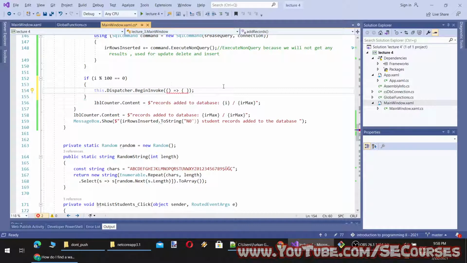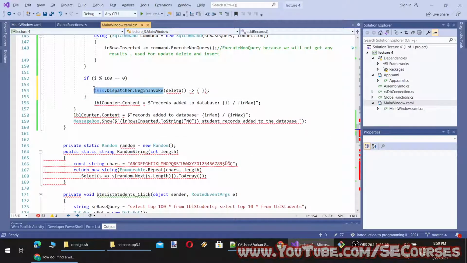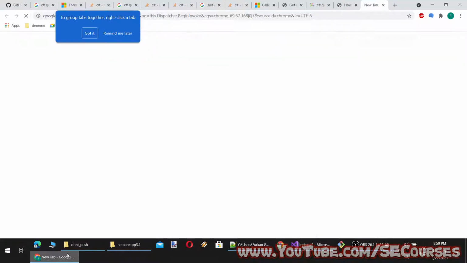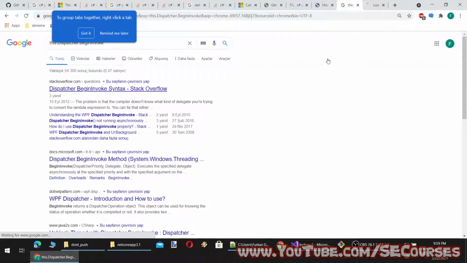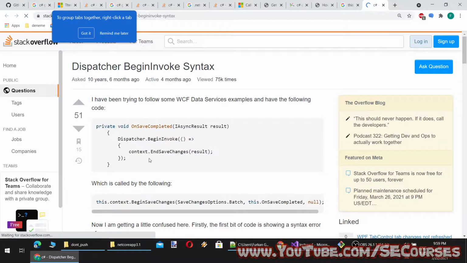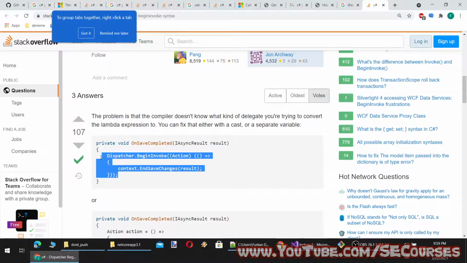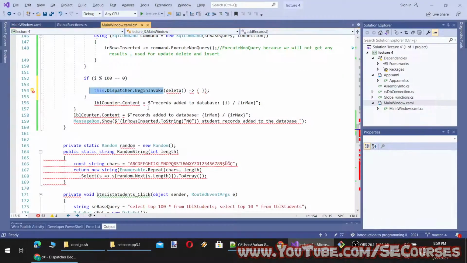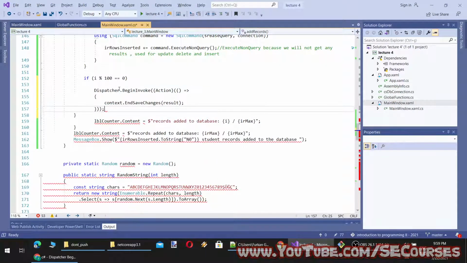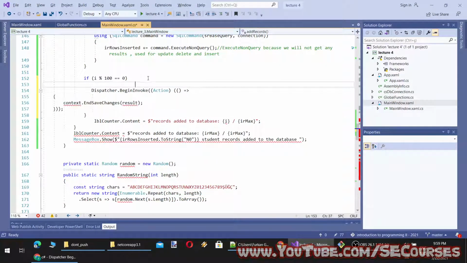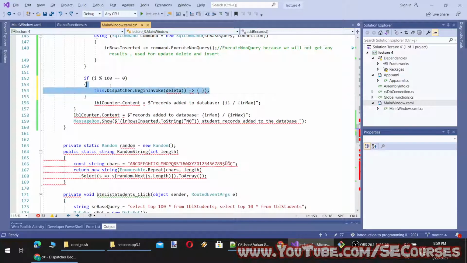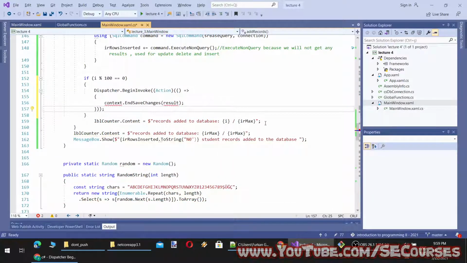I can't remember the exact syntax, but it requires a delegate, something like this. Let me find an example. Okay, so it requires something like this. Here we will just move this here.